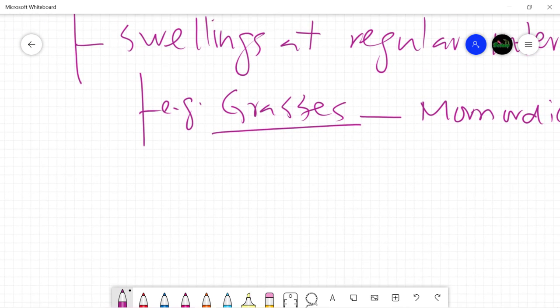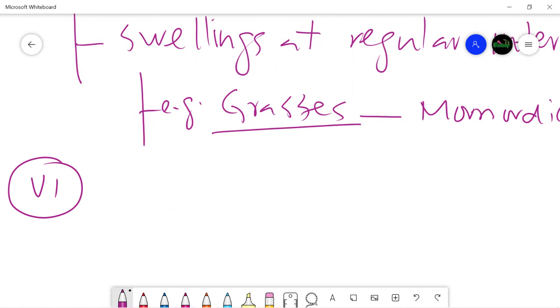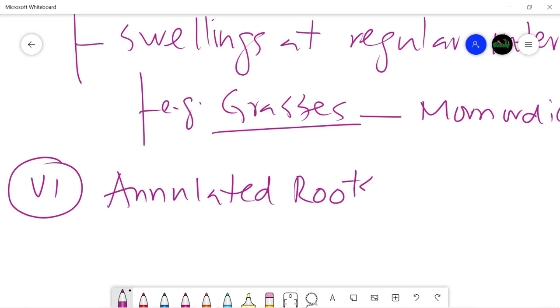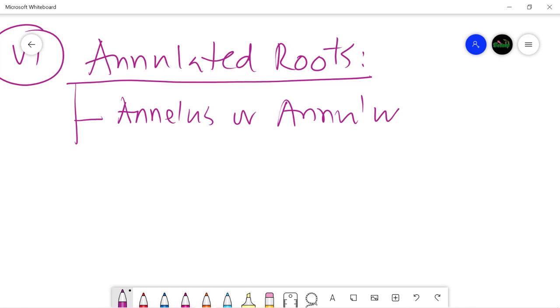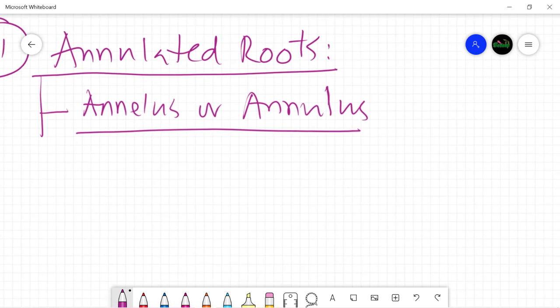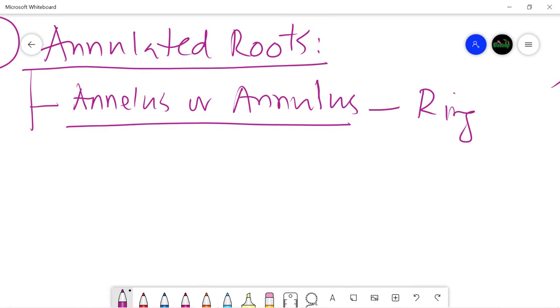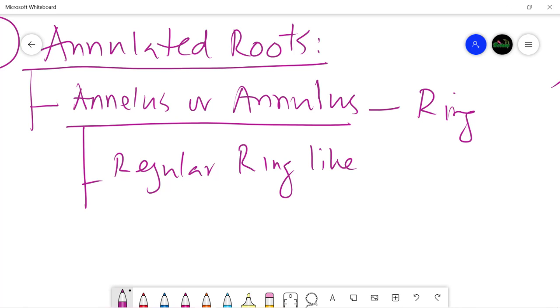So this was number 5, and we come to the end, and our 6th one was annulated roots, subterranean fleshy adventitious roots, the final type. As their name indicates, annulus. This term is related to a ring-like structure. So these roots have regular ring-like swellings